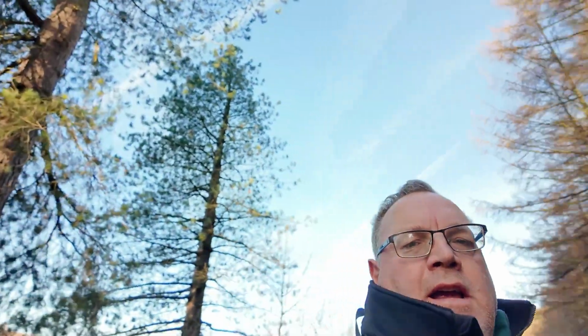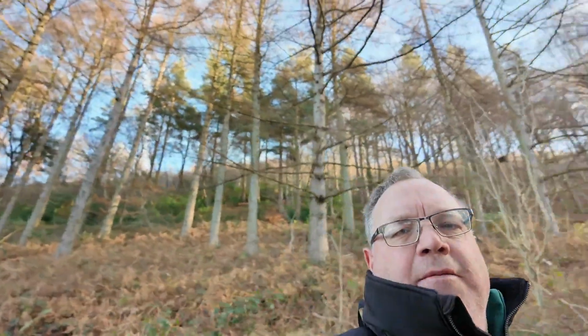So the walk so far has been really good. Let's talk about the camera a little bit now. I've literally got it locked on me, so it doesn't matter what I do, where I go, it tries to keep me in frame. Even if I take the camera down, it's still got me,